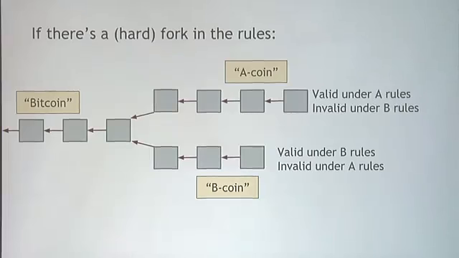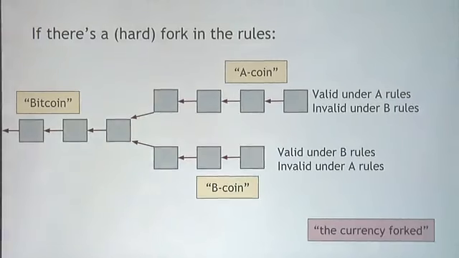And they might operate independently. The A group and the B group might evolve their rules in different ways, and certainly their blockchains will continue to grow in ways that are probably inconsistent across the two coins. So when this happens, we might say that the currency forked, that it's not just the software or the rules that forked or the software implementing the rules that forked, it's the currency itself that forked. And that's an interesting thing that can happen in a system like Bitcoin that couldn't happen in a traditional currency where the option of forking is not available to users.